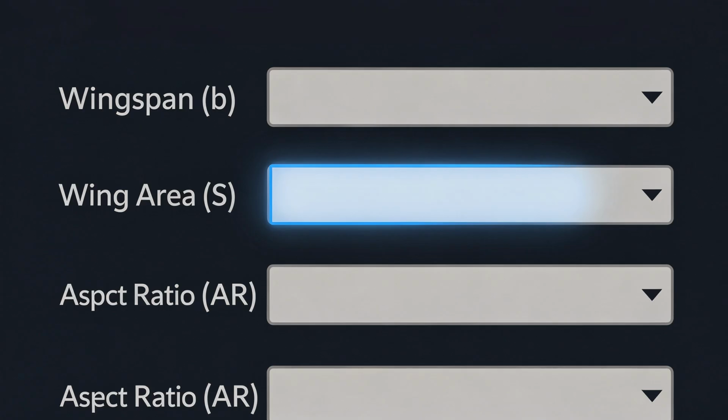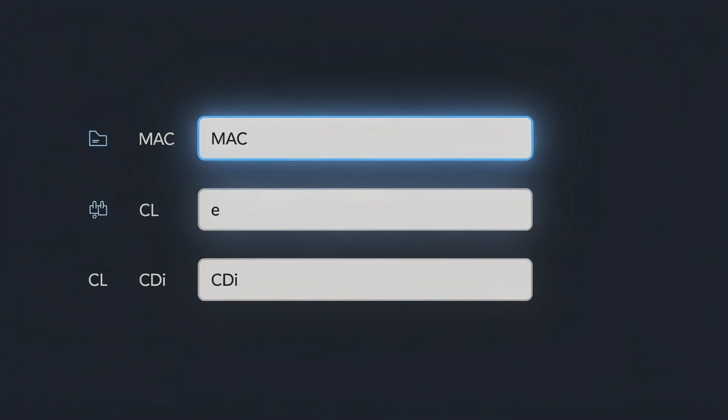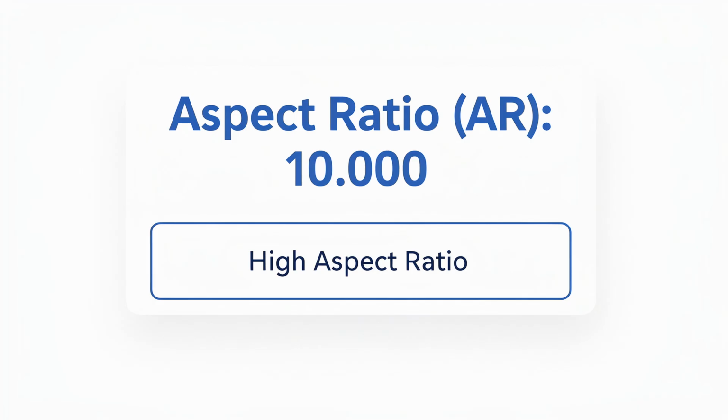Here's a worked example. I'll input 10 for wingspan, B, 10 for wing area, S, 10 for aspect ratio, AR, 10 for mean aerodynamic chord, MAC, 10 for lift coefficient, CL, 10 for Oswald efficiency factor, E, and 10 for induced drag coefficient, CDI. After clicking Calculate, the results show aspect ratio, AR, equals 10,000, mean aerodynamic chord, MAC, equals